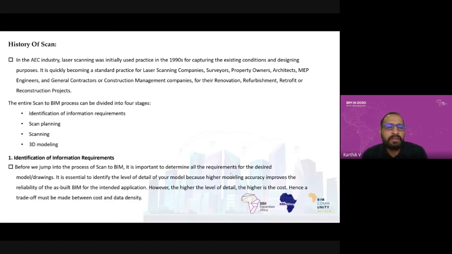So you just understand the history of scanning. In the AEC industry, architecture, engineering, construction industry, laser scanning was initially used in practice in the 1990s for capturing existing conditions and for design purposes. After that, it quickly became a standard practice for laser scanning companies, surveyors, property owners, architects, MEP engineers, and general contractors. Especially now,